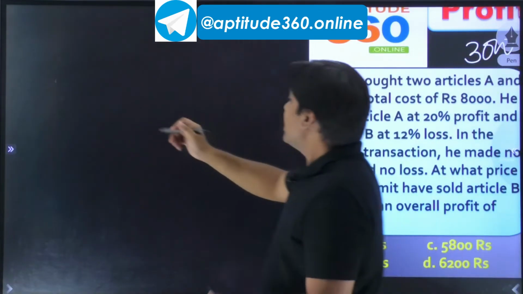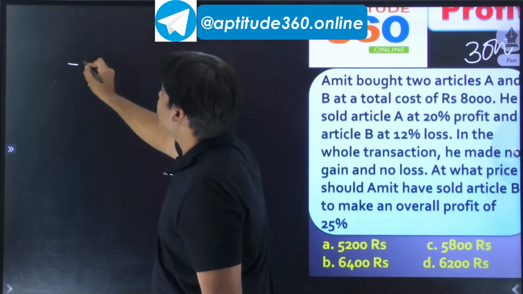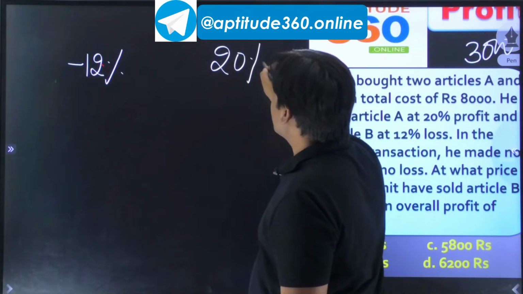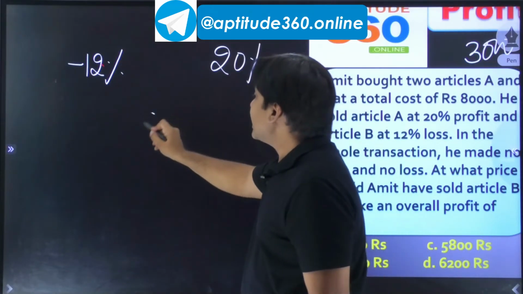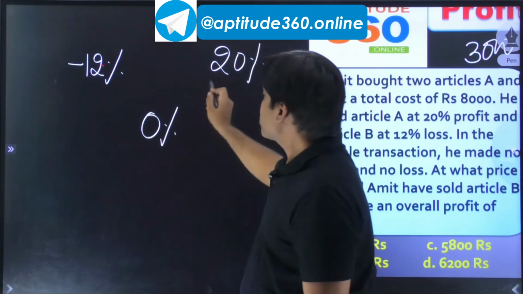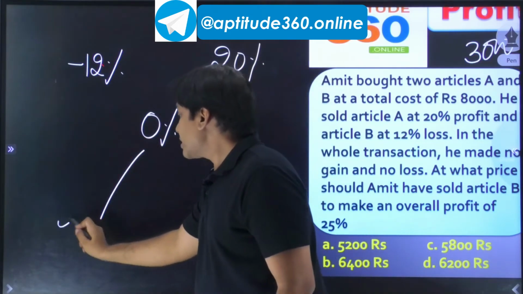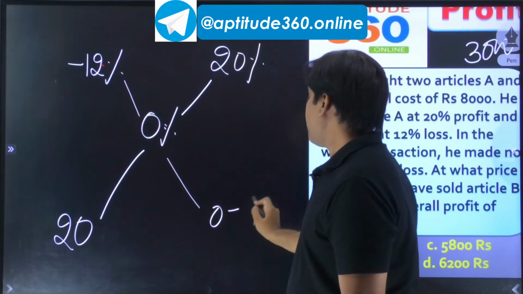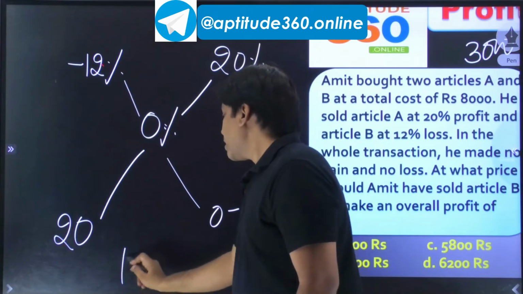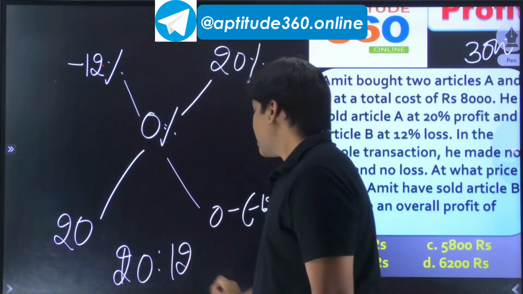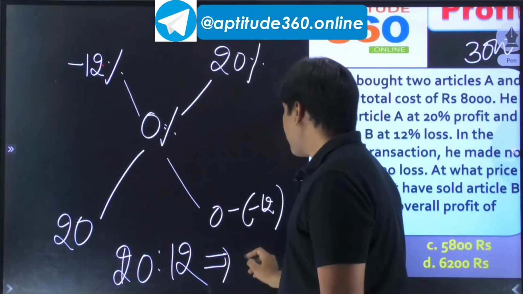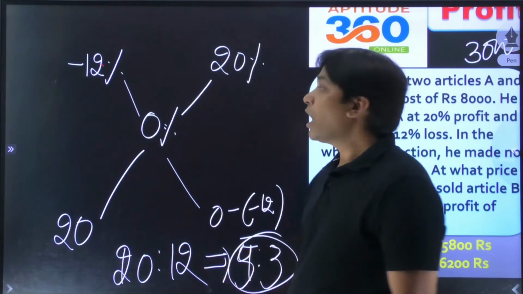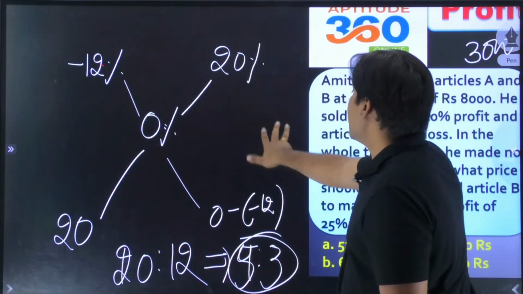Now what you can say, on one item you're having a loss of 12% and then you're having 20% profit on the second item. Collectively you're having no profit and no loss. So 20 minus 0 is 20 and 0 minus 12 is 12. So 20 is to 12. If you simplify, this is going to be 5 is to 3. So the prices must be in the ratio of 5 is to 3,